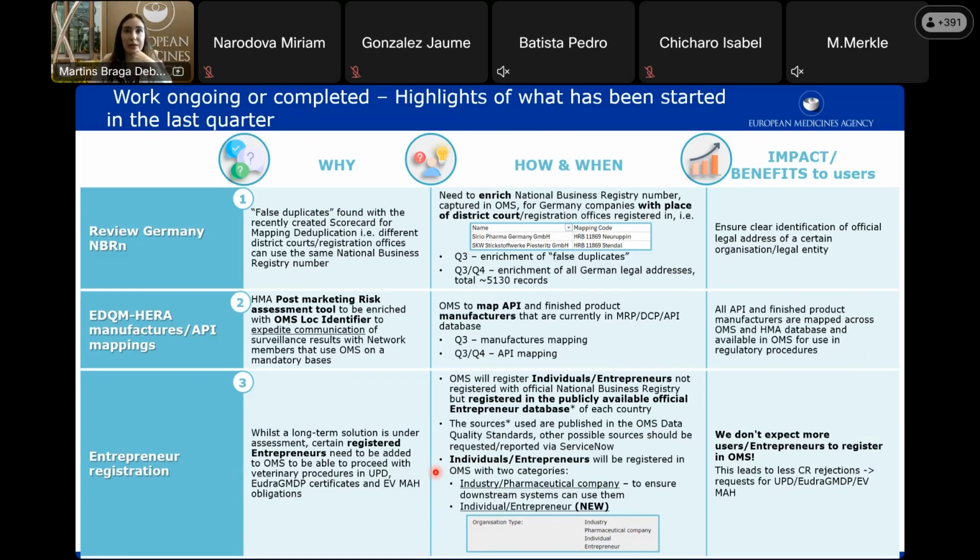How will they be registered in our dictionary? You will see that they will have two major groups of categories. First of all, they will have the usual industry and pharma company category. This is mandatory for us to ensure that downstream systems can actually use the data and can see them. And last but not least, we'll add